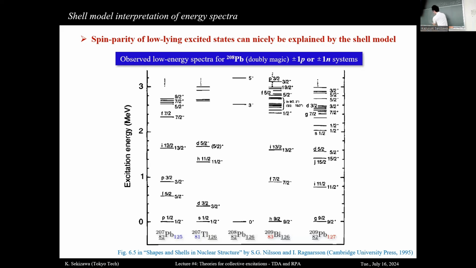Here should be the J lower, the partner of G9/2, so it will be G7/2. And there are positive parity states below G, S and D. So I may write down in this way: D5/2 and D3/2,